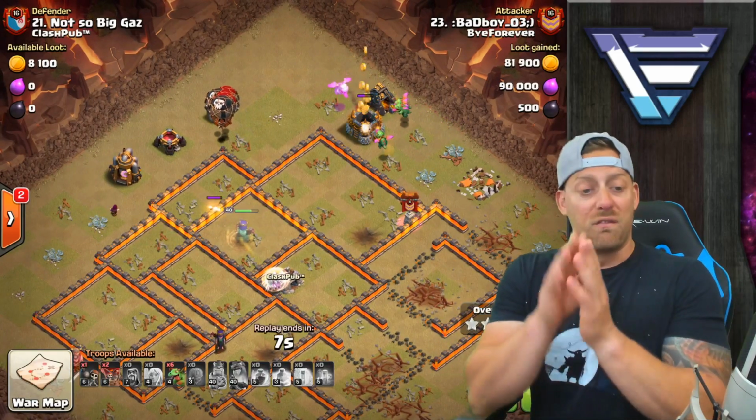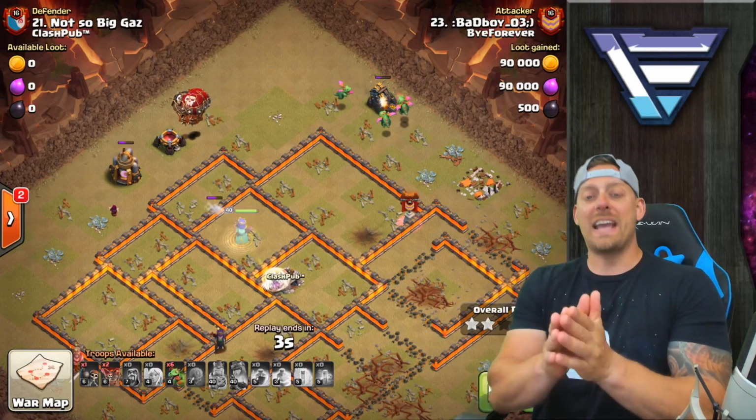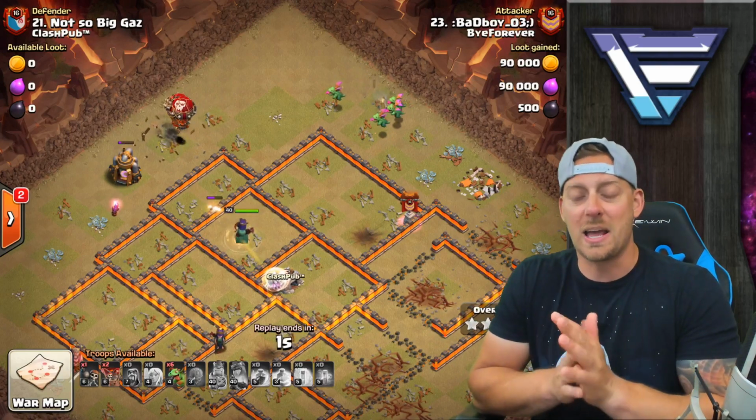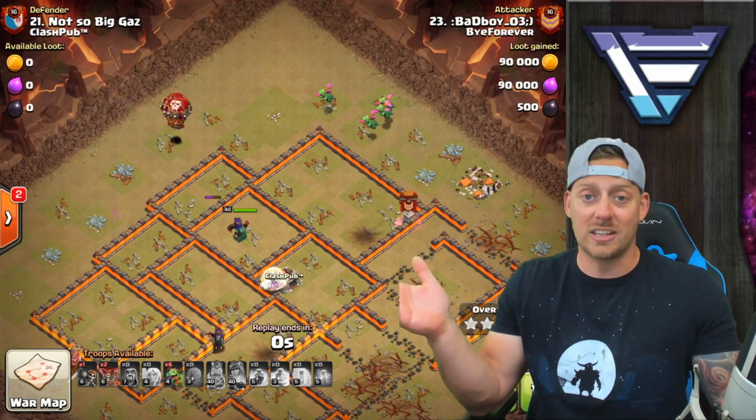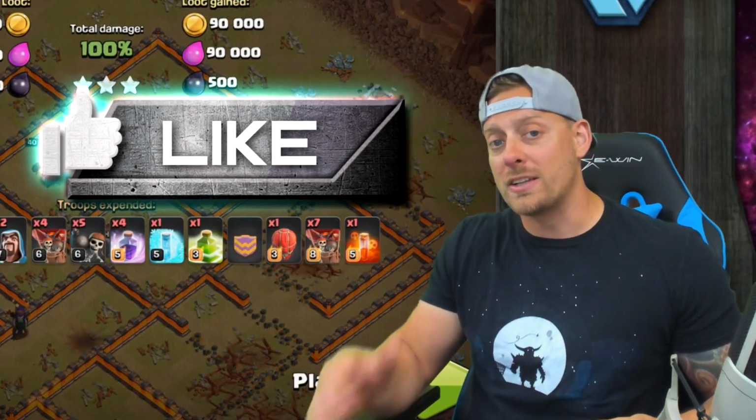But the next 4 attacks that I'm going to share with you guys, which are all amazing, are against Dark Looter Z, an amazing clan, as is Clash Pub actually. You're going to want to see this attack, so don't go anywhere, and while you're waiting, throw a thumbs up